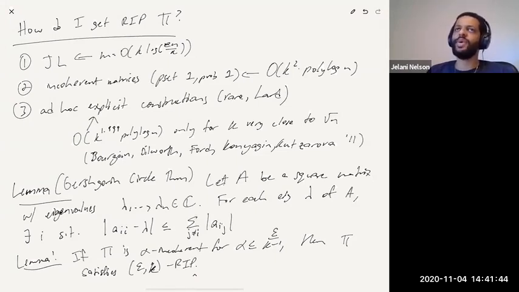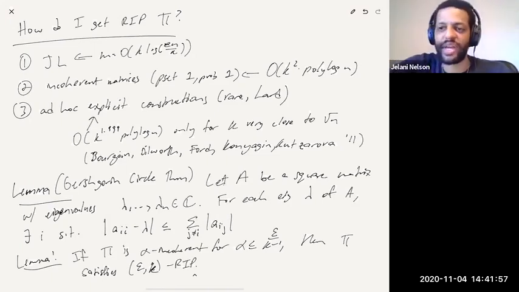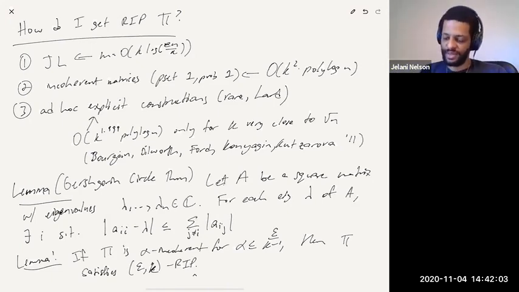And what we saw in PSET 1 problem 1 is if you use Reed-Solomon codes, for example, the number of rows you need to get an alpha incoherent matrix is roughly 1 over alpha squared, times some log n factors. So 1 over alpha squared here would be k squared over epsilon squared, which is why you end up with item 2 saying you need k squared rows. And the proof of this is just using the Gershgorin circle theorem. So the proof,